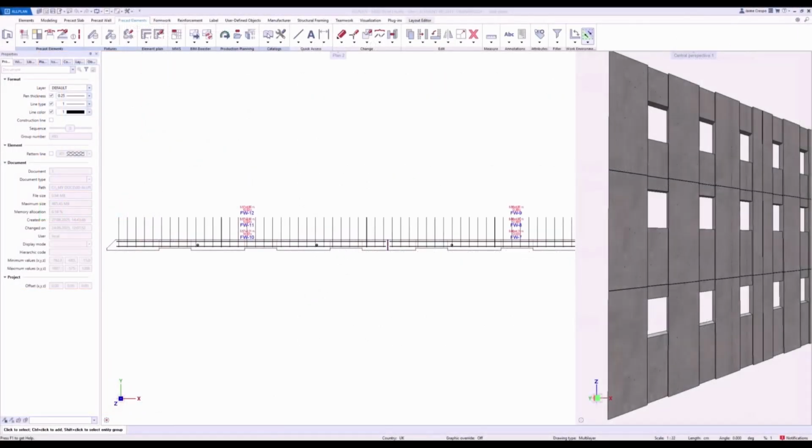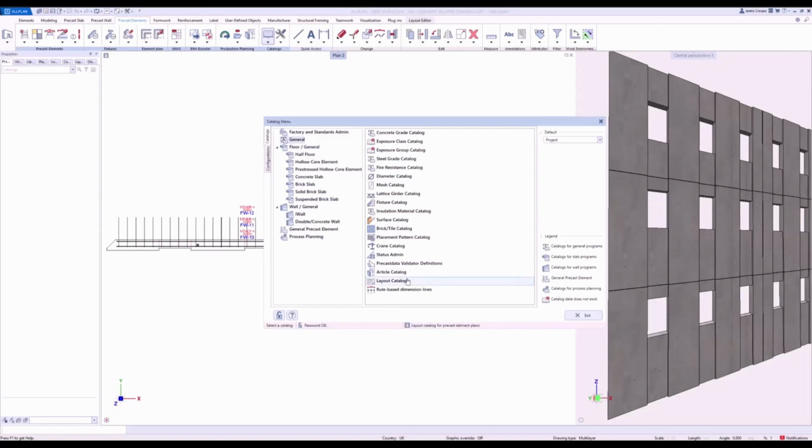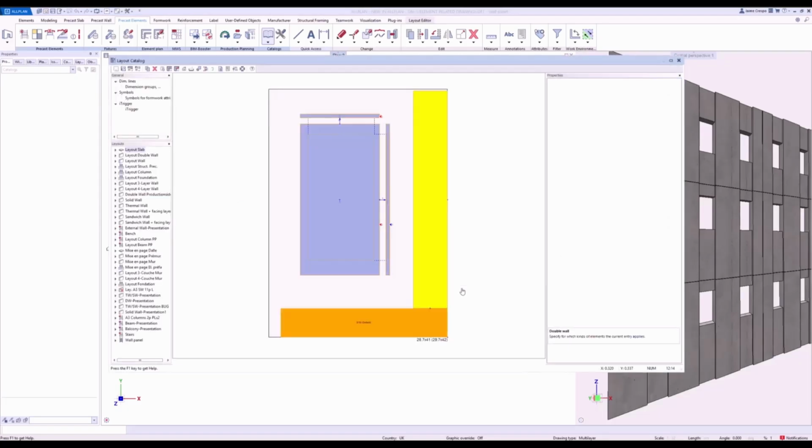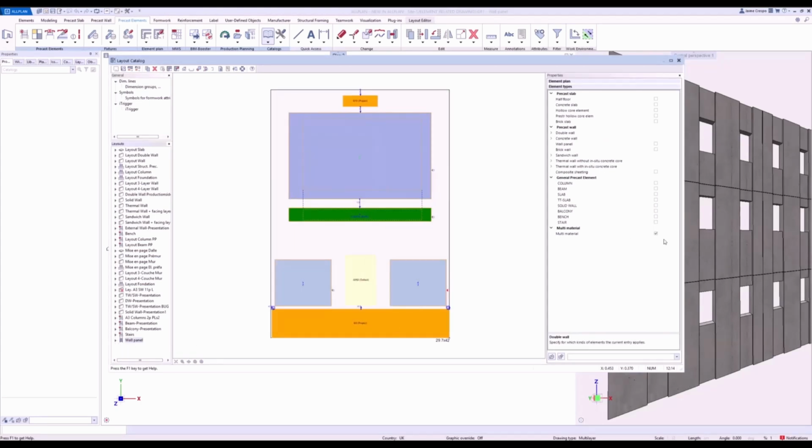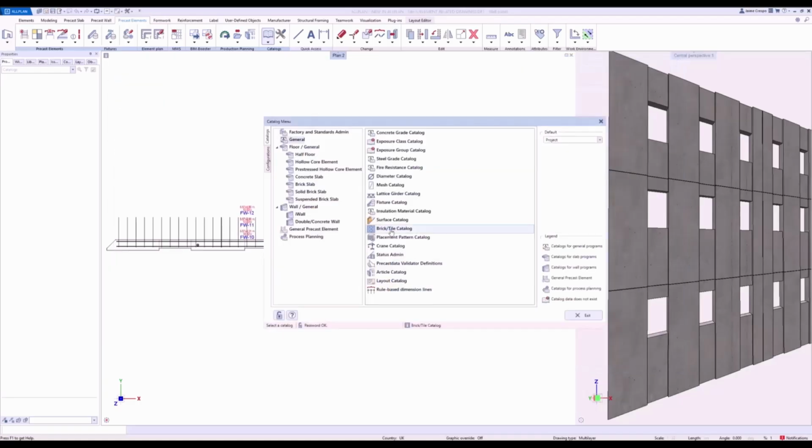First of all, I want to show you in the layout catalog our new multi-layer layout, which is nothing else than the same conditions as all existing layouts, with only one exception, and that is we cannot use the tables. So now that we have assigned for our wall panels a multi-material layout, we can close our catalog,